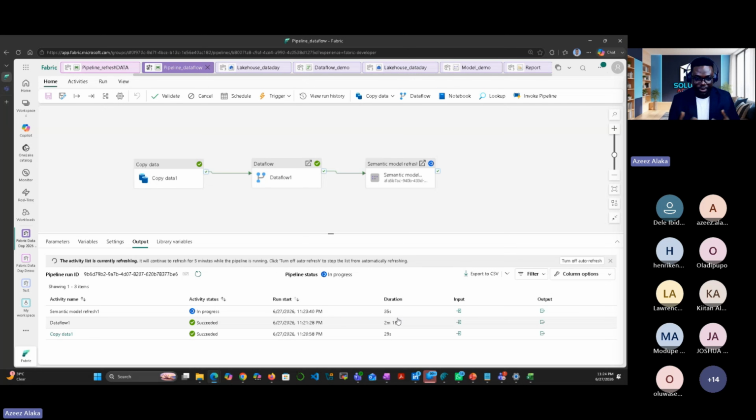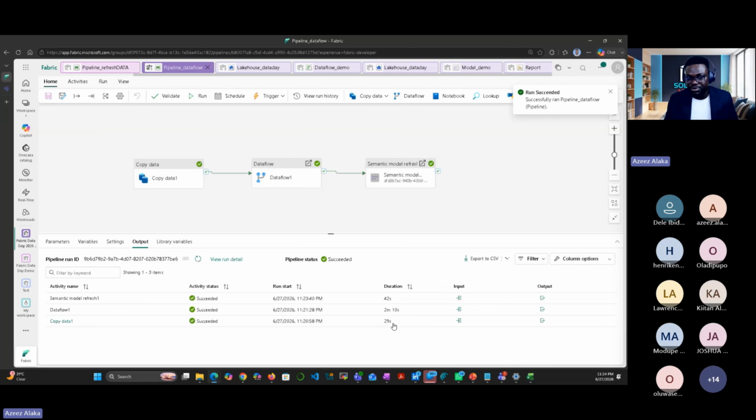You might want to tune it and say, okay, I want to reduce it. Even the one I built the other time, which has a lot of workflow, is not using up to this. So maybe we need to do some tweak on the data flow. Which means if there is a new record in the next 3 minutes, the dashboard is going to be updated. Oh, this is completed. Can you see? So the workflow is completed.